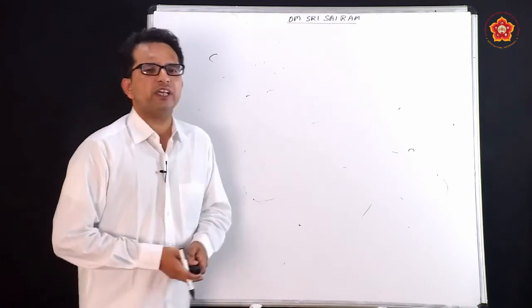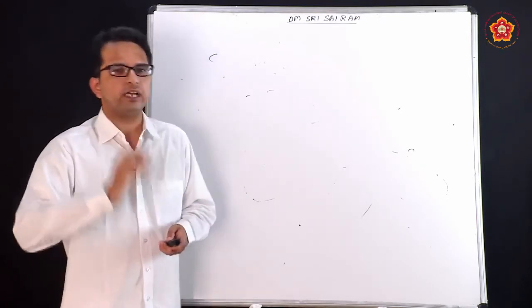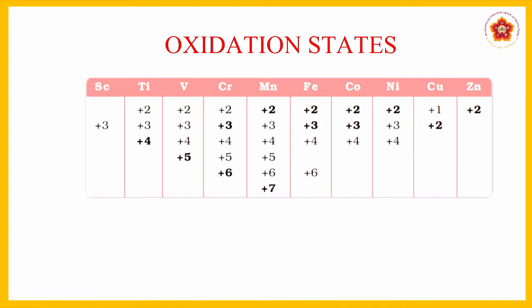Now, having seen this ionization enthalpy, let us see another segment of this chapter, which is oxidation states. We know very well oxidation states are those which are formed by either removal of electrons or addition of electrons. Addition of electrons generally gives rise to anions, which are talked about with respect to p block elements like fluorine, chlorine, bromine, iodine, oxygen, nitrogen. All these want electrons for stability. But metals have a special case where they would like to lose electrons for their stability.